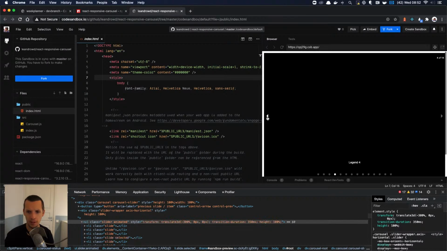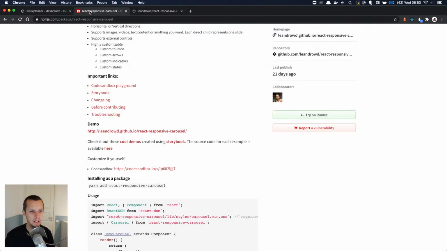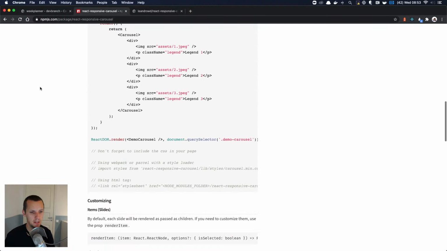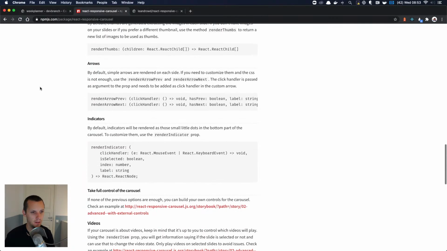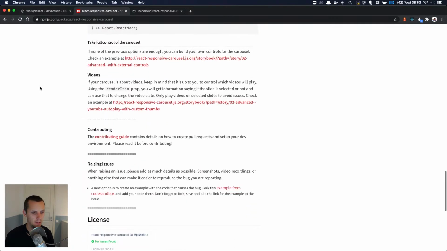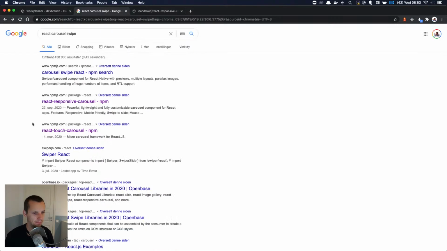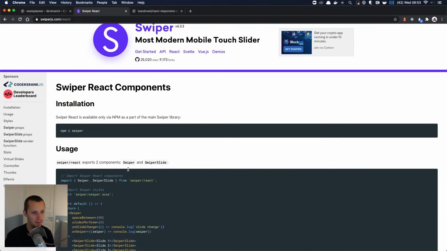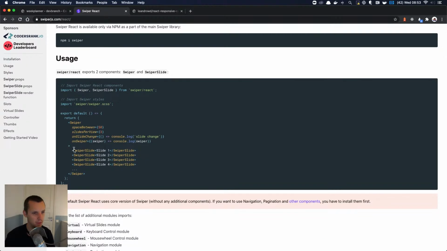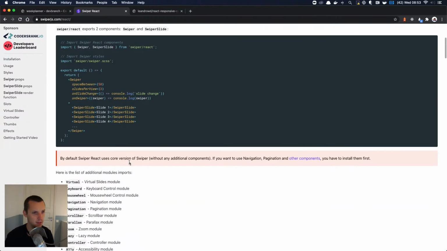Okay, but I think this is... Do they have touch? No, they don't have touch swipe. Yeah. So I want a mix of this thing and... Swiper. Maybe this is what I want. Swiper slide. Yeah, this looks... Space between.